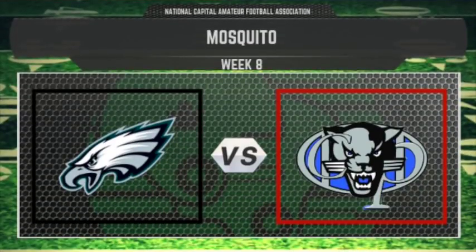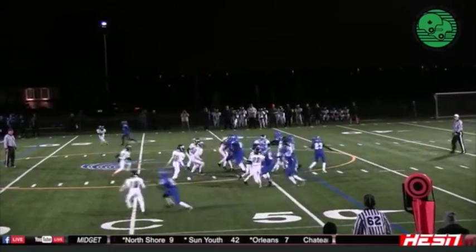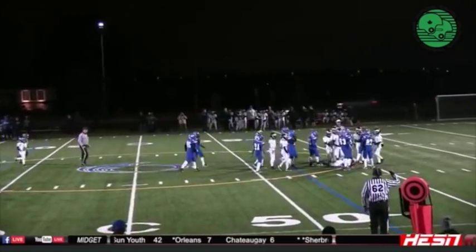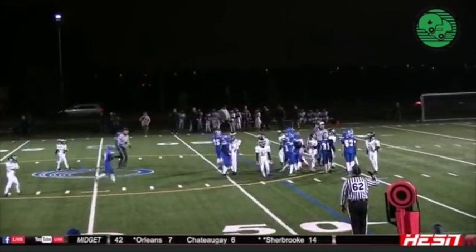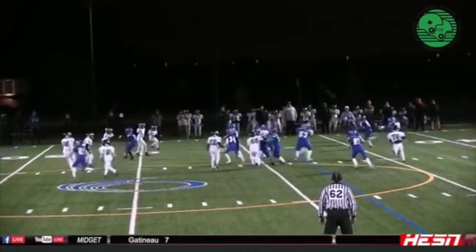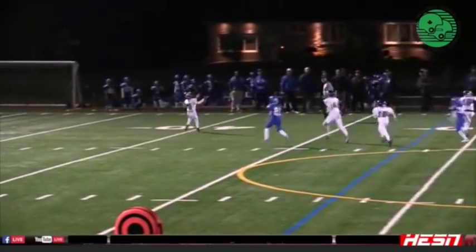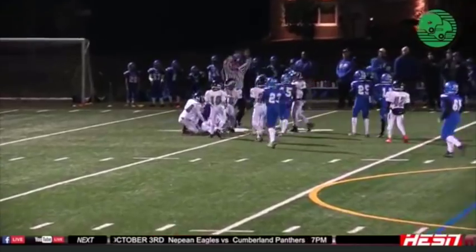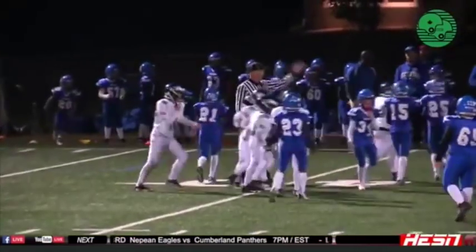Up with this flow. Games this year, it's an I formation, and they hand it off, and that is absolutely stuffed and sniffed out by the Eagles defense. We got 2 onside players on this punt, so just keep an eye on that. A nice punt at that, and it's fielded well, but is immediately tackled and wrapped up by a Nepean